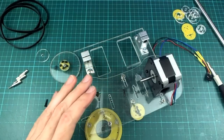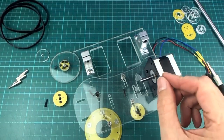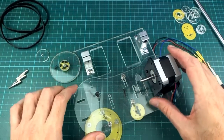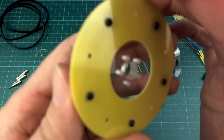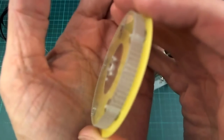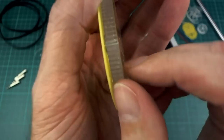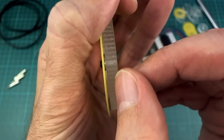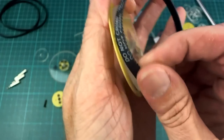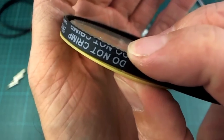I've had this together and did a little bit of testing, and it was working okay apart from the fact that the belts were slipping off the side a little bit. So I've taken it apart and made some changes. You can see here I've got a big piece of FR4 on the outside of this one just as a guide to stop the belt slipping off on the problem areas. And I've put a little bit of spacer in there because you don't really want the belt to be squished in there exactly. This acrylic is 6mm wide and the belt's 6mm wide too, so you don't want it to be perfectly stuck on there, although that is still pretty close, isn't it? It's got a little bit of room to move sideways. Anyway,